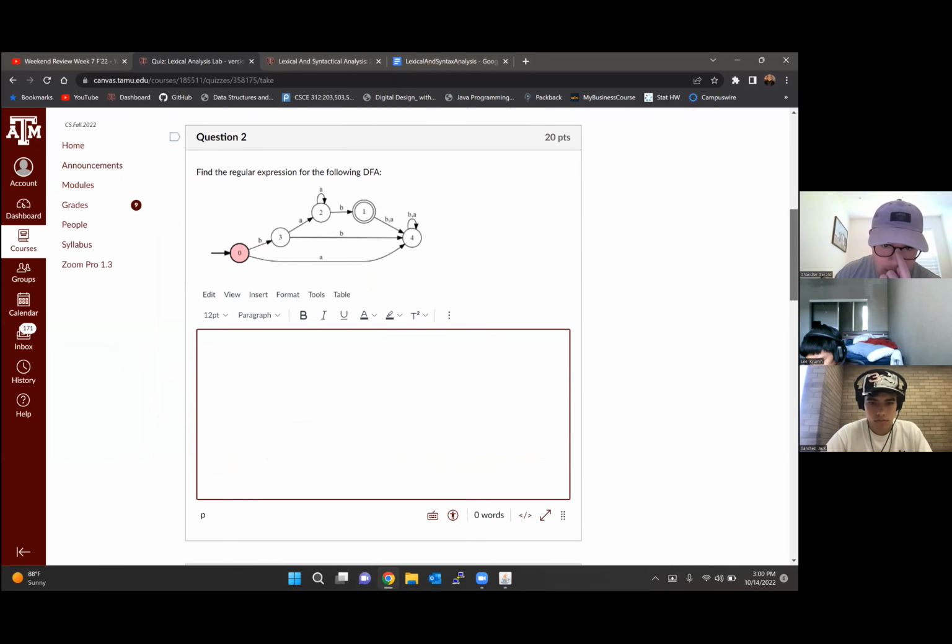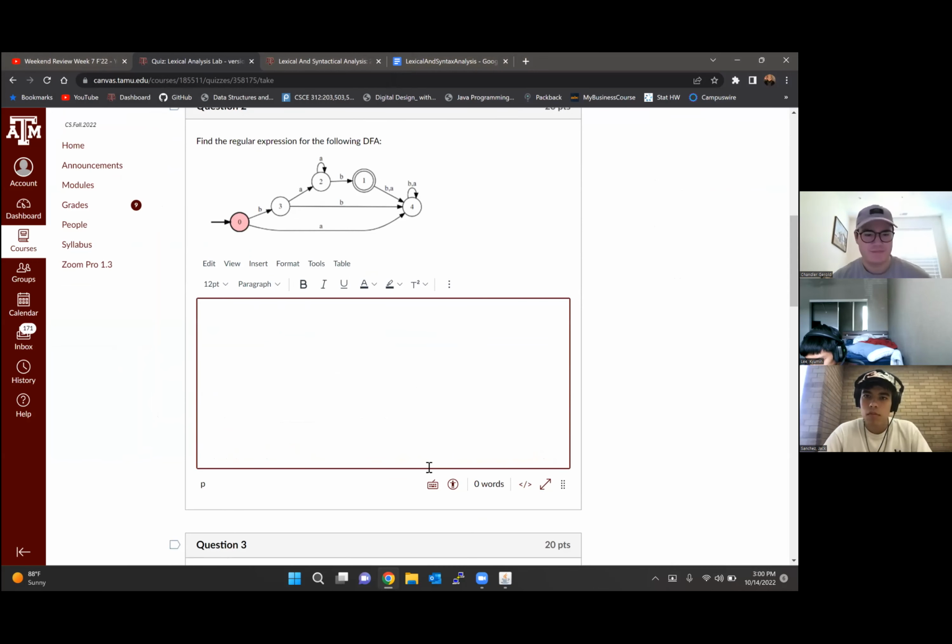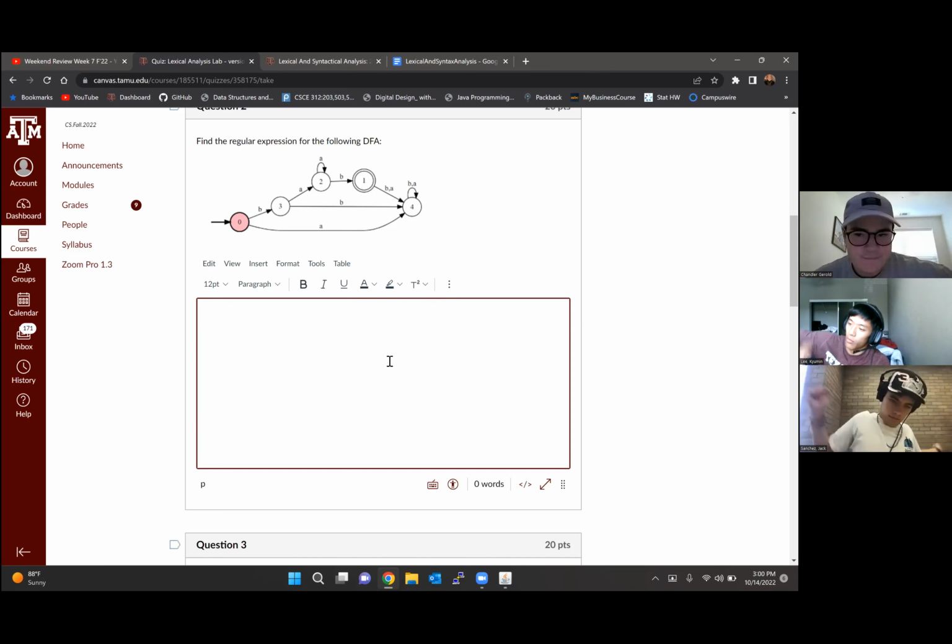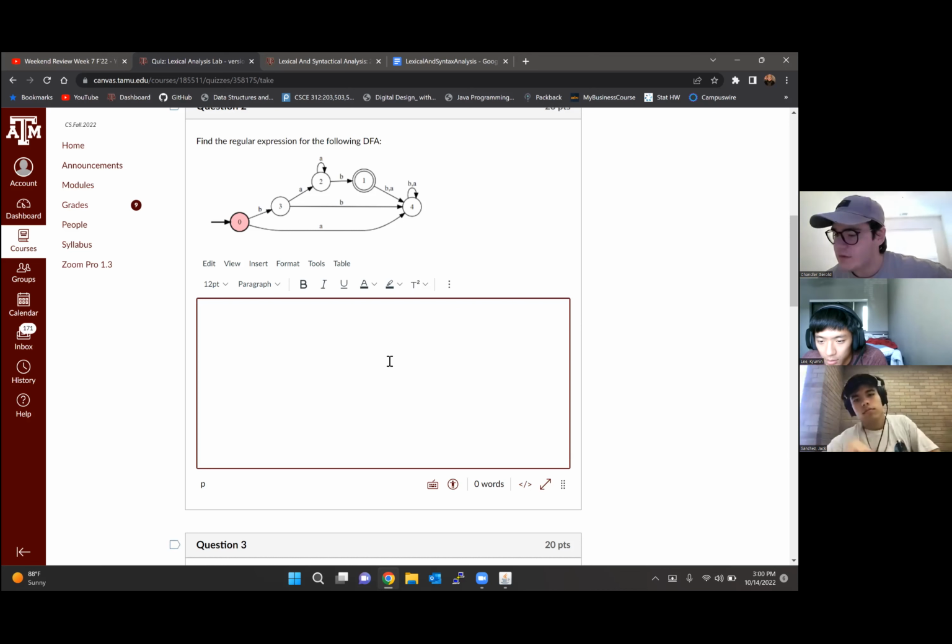Okay. Find the regular expression. The first thing could be A or B. So that could be like those star things, right? Could you just do parentheses A or B? Oh yeah, I think there's a special thingy. If you do brackets A, B, that means A or B. Yeah, so we can do that. And then